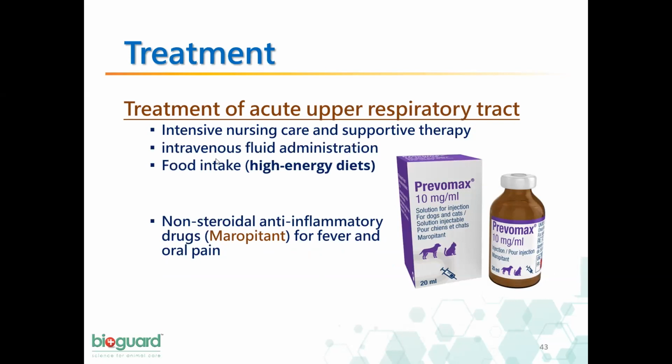So talking about the treatment of feline calicivirus, since it is a very common cause of respiratory infection, there are intensive nursing care and supportive therapies available to treat the infected cat. And there should also be proper food intake, so that the cat has high energy through high energy diets. For the safer side, we can use some non-steroidal anti-inflammatory drugs such as meloxicam for fever and other